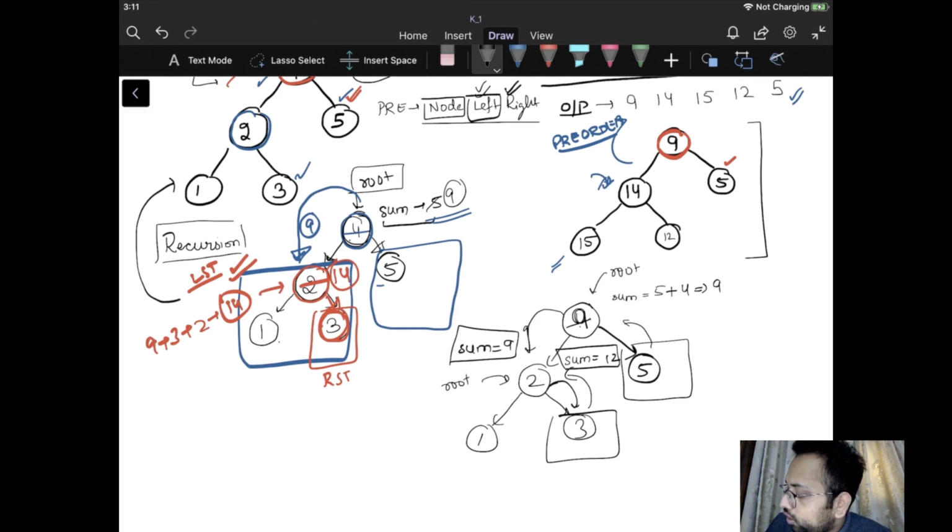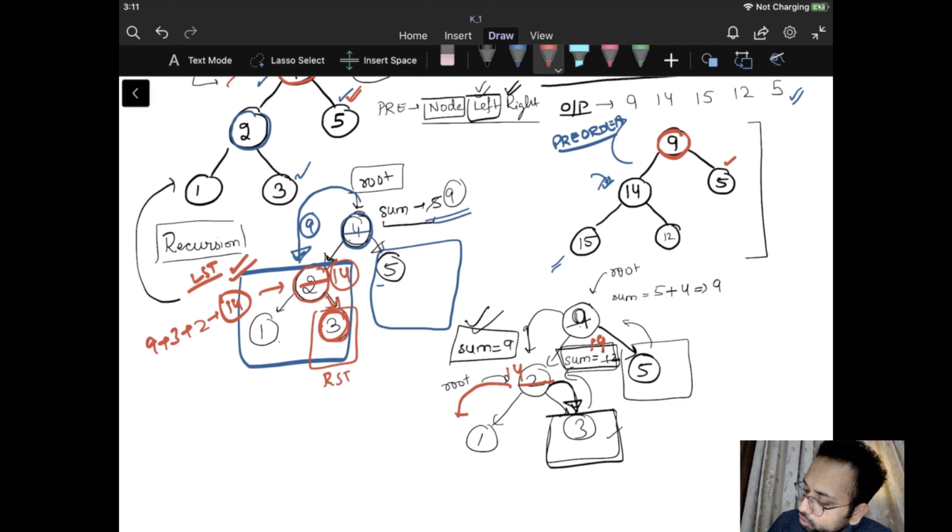So when I call it towards the right subtree, it will go and add every node of this particular right subtree to this sum bucket. Right, so there is only one node, so the sum bucket will become equal to 12 and we will update the sum bucket by adding the root node to it. So the sum will become equal to 14. So next thing we are going to do, we are going to update this root node. And again, the sum has become equal to 14 now.